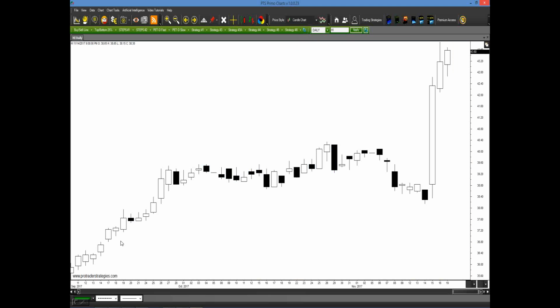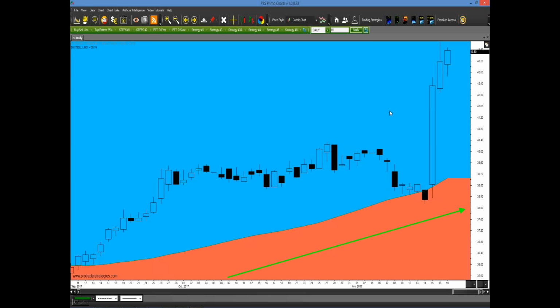How about HI? Okay, once again, up, kind of sideways, and then up again. Well, we applied the fluid buy-sell line, and we see at this point we had a really nice upward slope. We applied the rules to the strategy, and we had one signal here that kind of worked okay. At the very least, using our money management techniques, if you were a member of our course, you could have taken this trade and probably broken even.